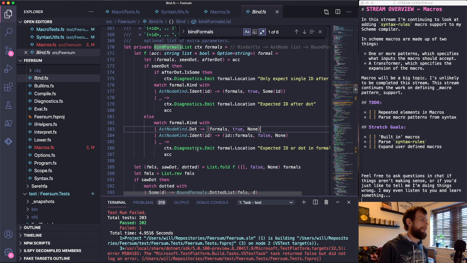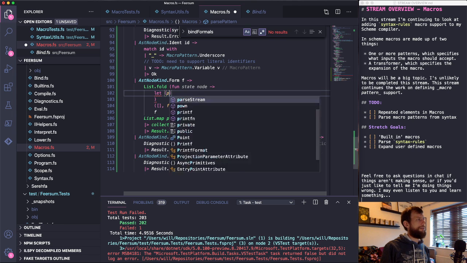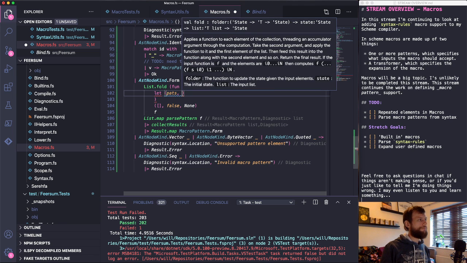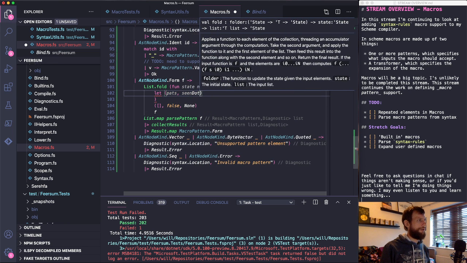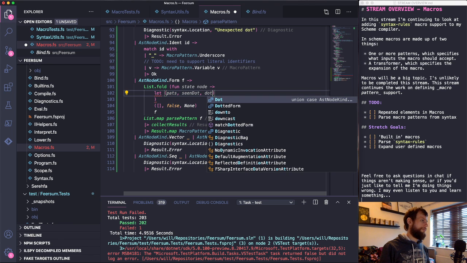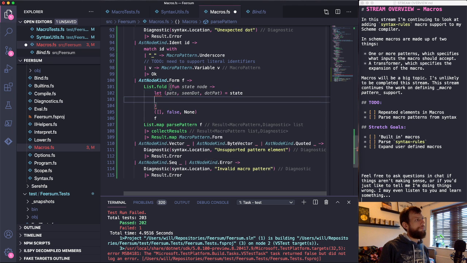And then we'll have a case where we handle ellipses in there. So the first thing it did was unpack the state. So let's do let. These are going to be patterns, pats, it's shorter. Seen.and, and dot pattern, dot pat for consistency, and we'll say if we've seen the dot,